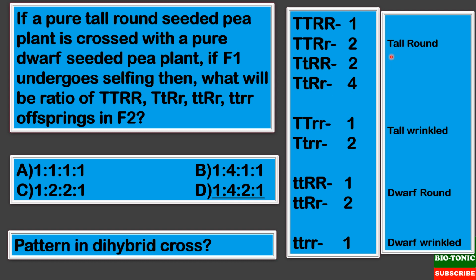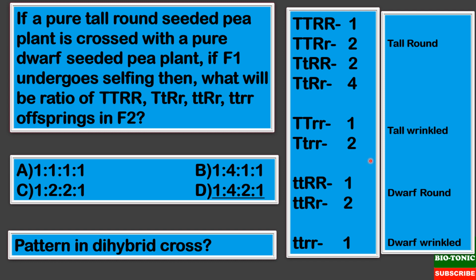Coming back to the first one, here both the characters are dominant. So we can start first with both homozygous. Then first homozygous, second heterozygous. Then in the third case first heterozygous, second homozygous, and in the last case both heterozygous. With this we can understand the types of genotypes and their ratios, and these ratios correspond to the phenotypes which we get. Students, you may require some time to adapt to this pattern.